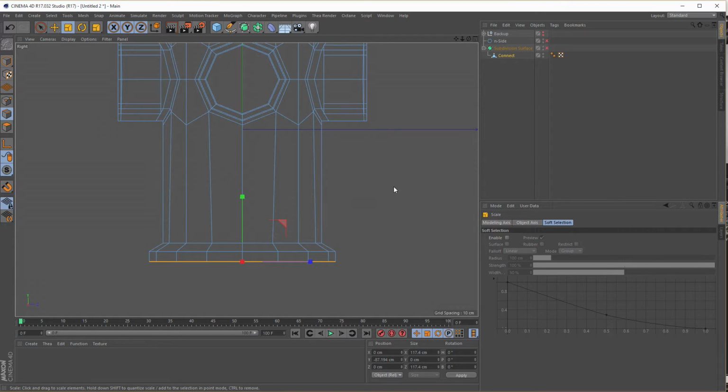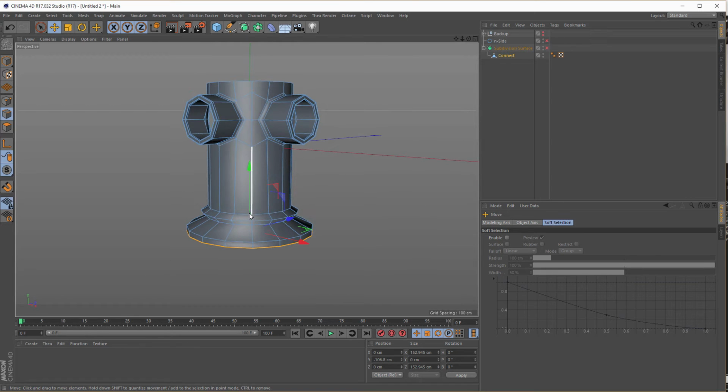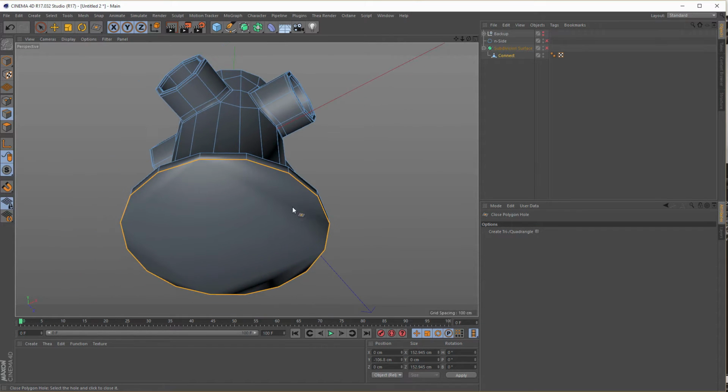T on your keyboard for scale and scale it back like this. Then E on your keyboard, move down with the control key held, like this. T on your keyboard, scale it like this. Again E on your keyboard, control key, move down, and that should be it. Okay. So then we close our polygon hole here. That doesn't look so pretty, but we don't see it later. It's just so that we can